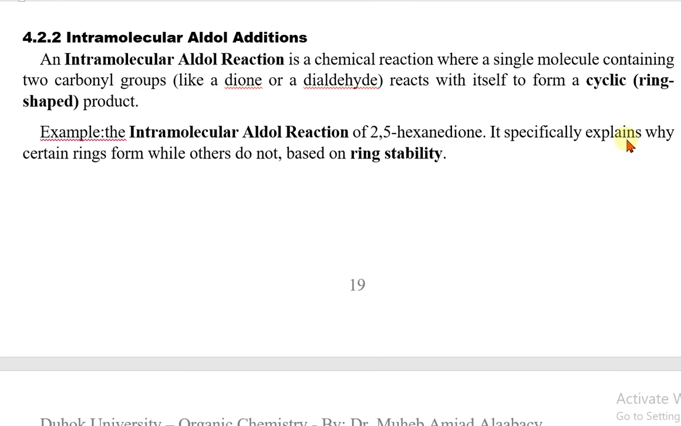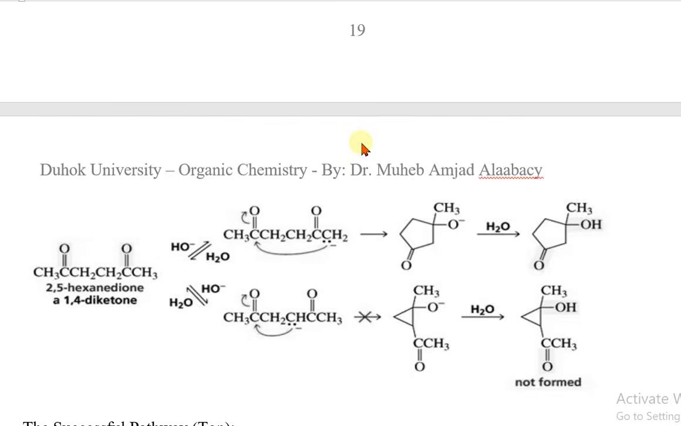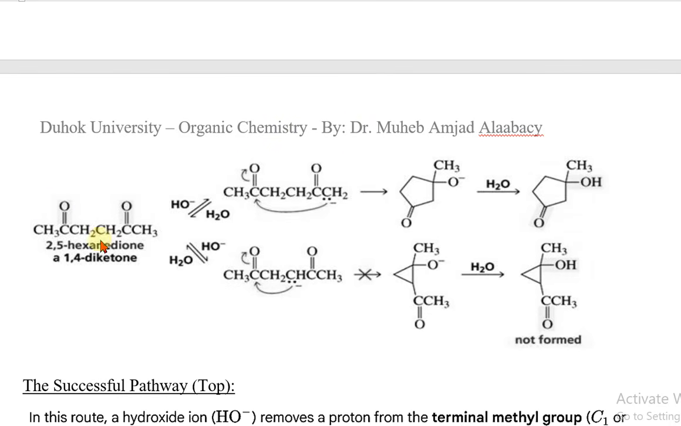Example here, intramolecular aldol reactions of 2,5-hexanedione, especially to explain why certain rings form while others don't, based on ring stability. If you look at this compound, 2,5-hexanedione, the carbanion will be formed from here or from here. It will attack this carbonyl to close it and give you a 5-member ring. If you make the carbanion like this case below, the carbanion here cannot form this 3-member cycle because